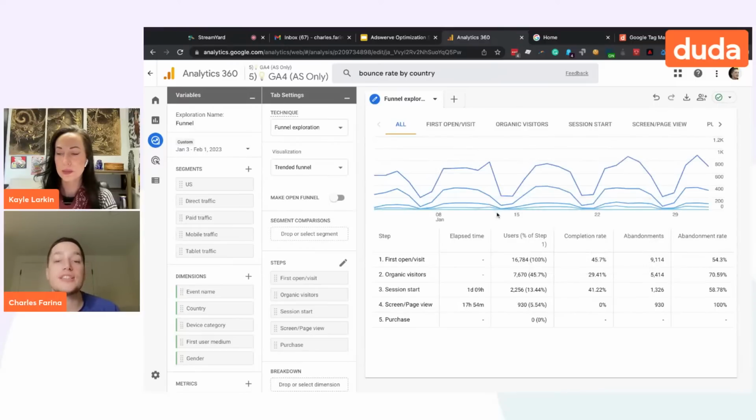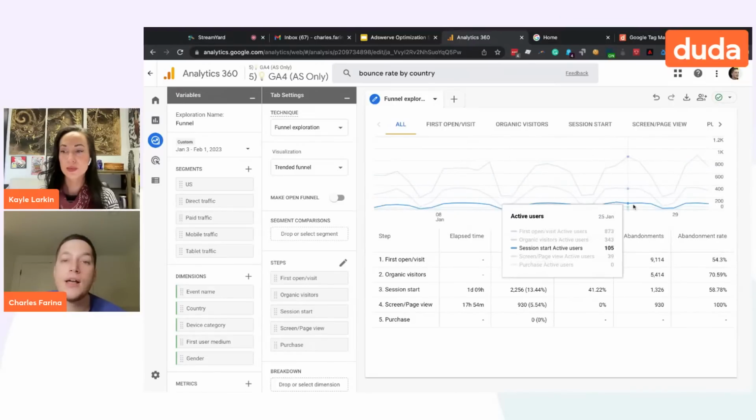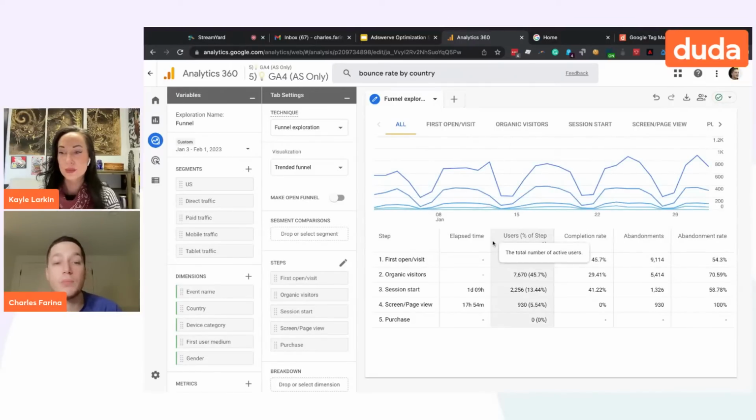So I'm giving you just a taste of GA4. The explorations adds a lot of what I think are fundamental features that should have always been in Google Analytics to every user who's using it. And we're seeing all sorts of power and functionality that now exists. And all of this is available for you, again, just with a few implementation steps and making sure you have some data in the product.